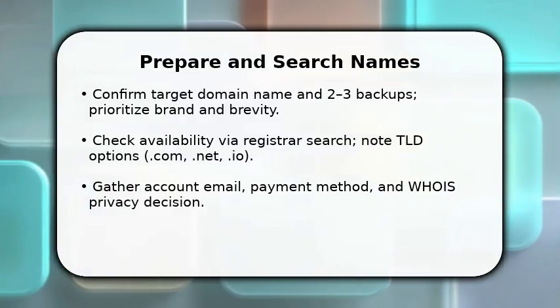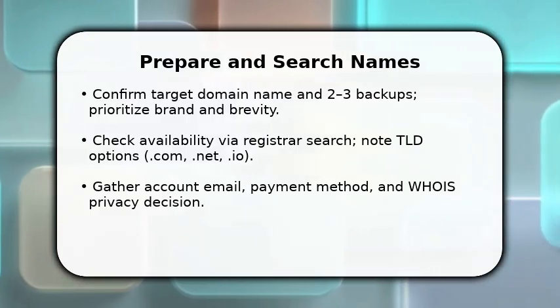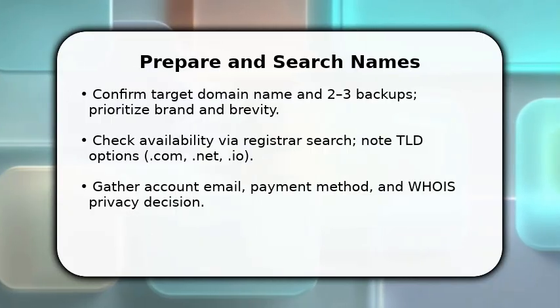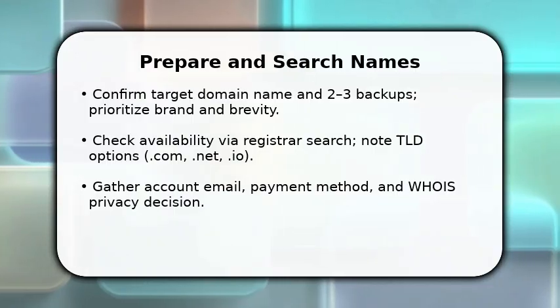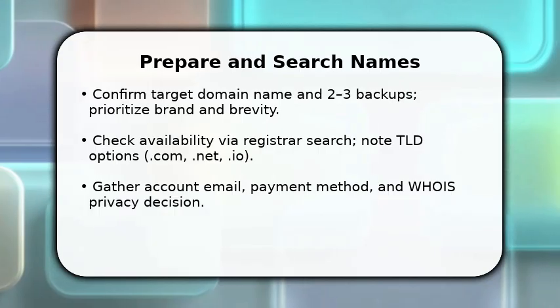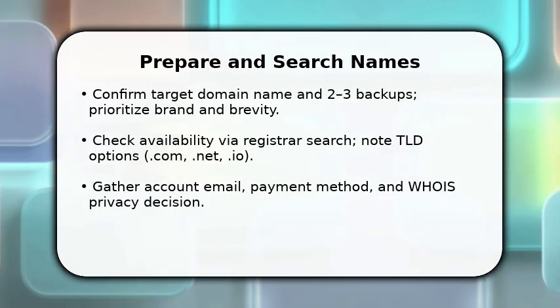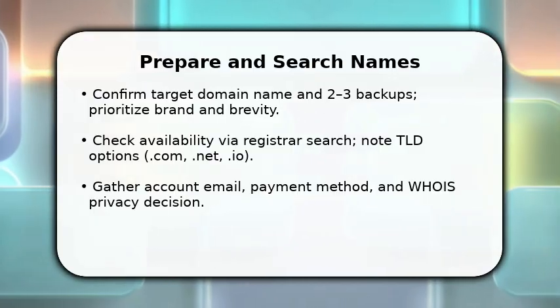You start by locking in a name and a couple of backups because your first choice may be taken. Once done, use a registrar search to test availability and compare TLDs. .com is common, but alternatives can fit your purpose. Make sure you have an account email, a credit card or PayPal ready, and decide whether to add WHOIS Privacy now. These steps get you ready to move straight into purchase without delay and explain why each decision matters